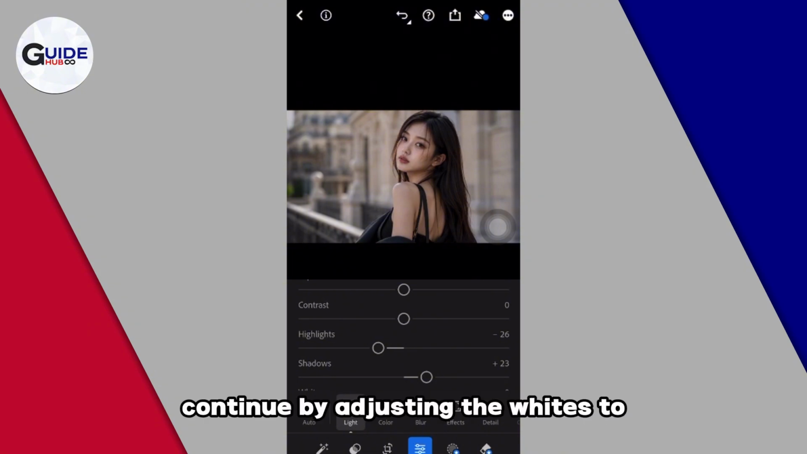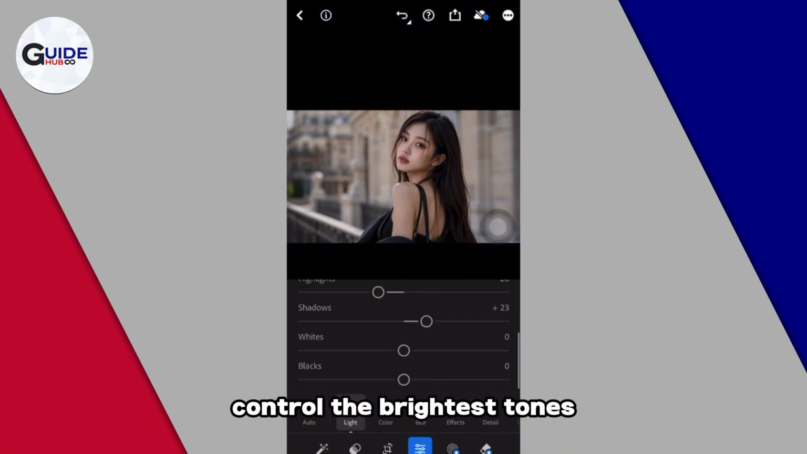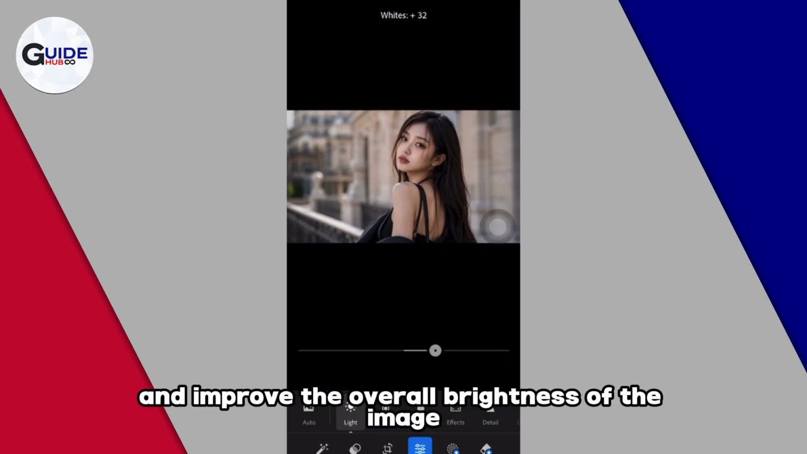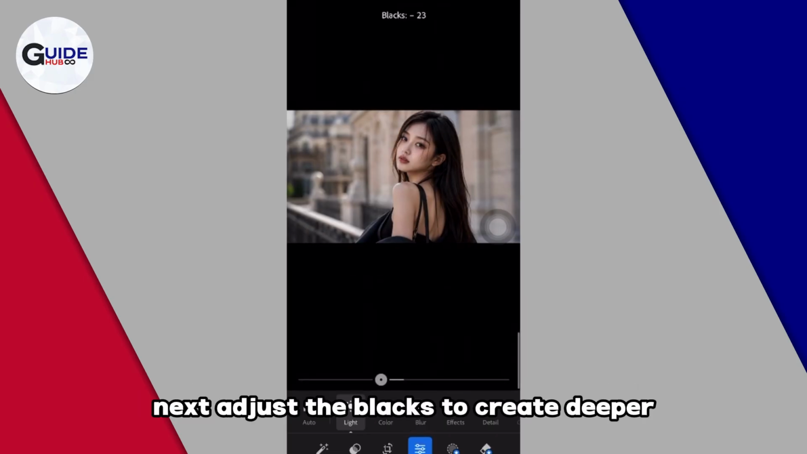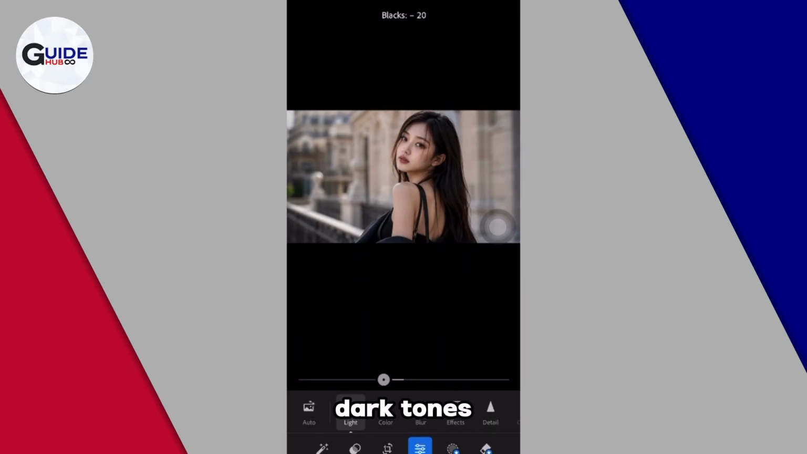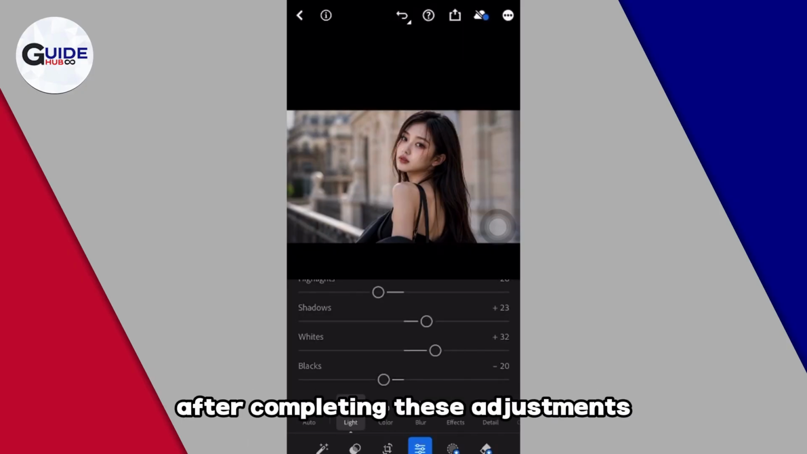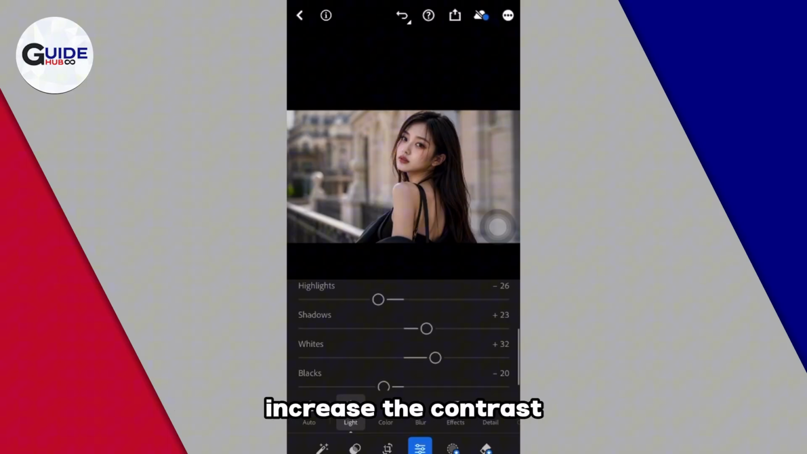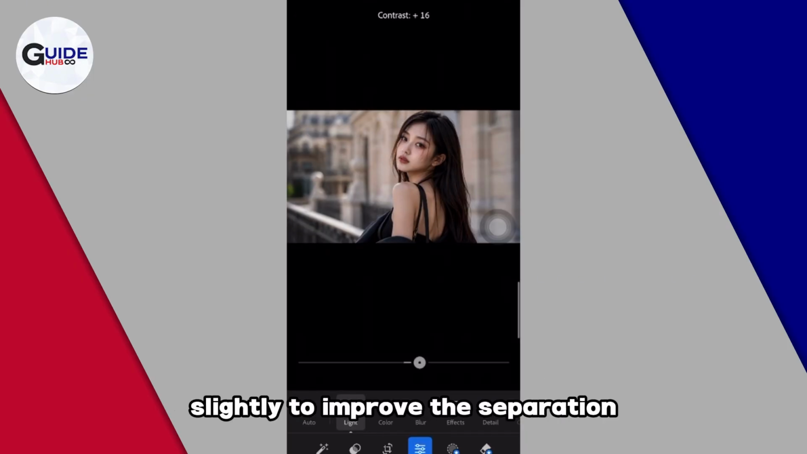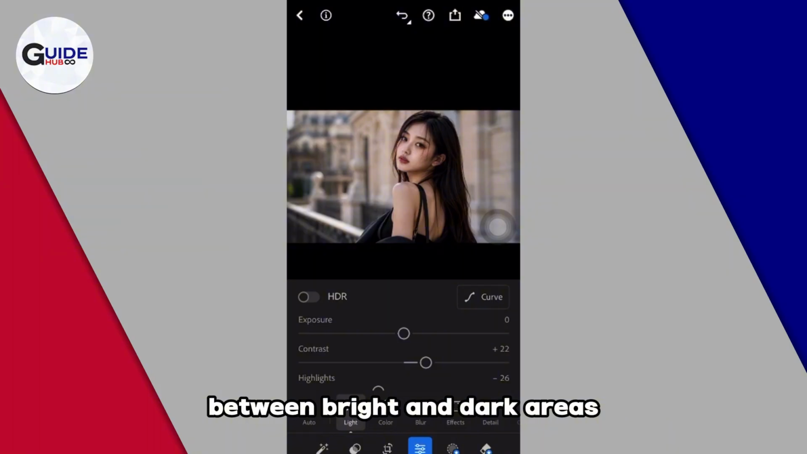appearance. Continue by adjusting the whites to control the brightest tones and improve the overall brightness of the image. Next, adjust the blacks to create deeper dark tones while preserving visible details in shadowed areas. After completing these adjustments, increase the contrast slightly to improve the separation between bright and dark areas, giving the image